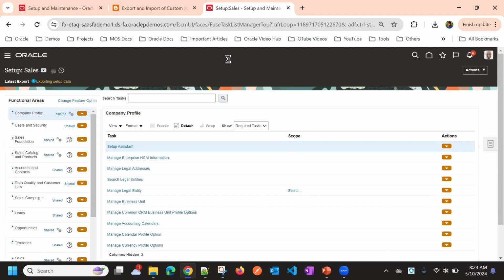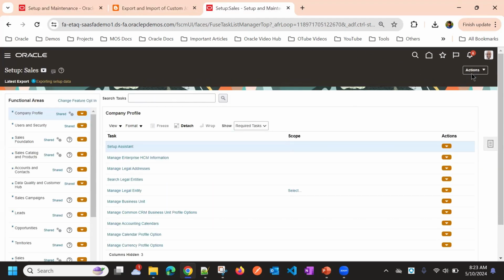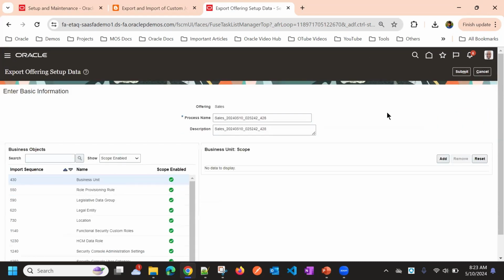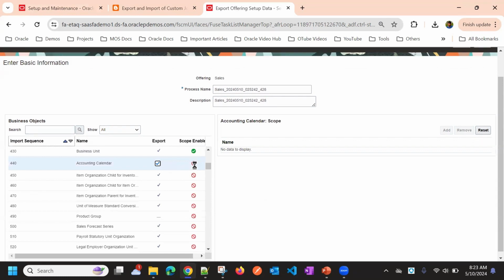So this is one option, using the XML file, the import or export file. The same method applies. You can see these scope options. For accounting calendar, there is no scope, which means there is no filter. And also if you want to disable some of the submodules you don't want,